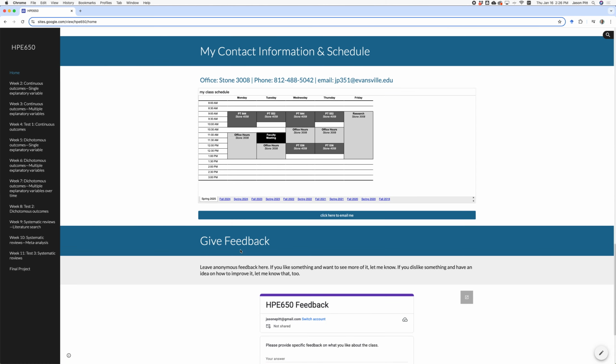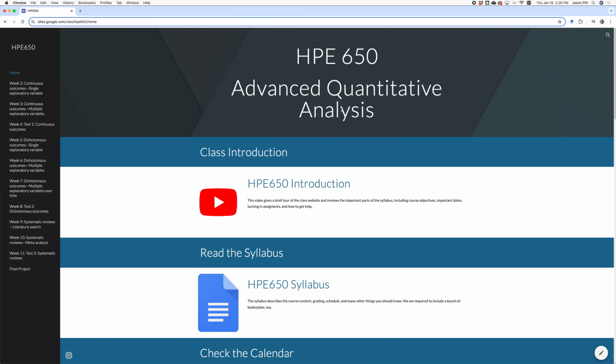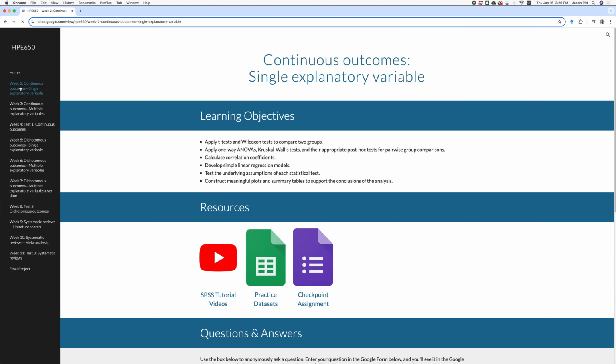Now, unfortunately, this is a class called Advanced Quantitative Analysis, and so really this is a process-oriented class. This is all about learning how to run statistics and interpret the outcomes. We do have a textbook to give you some of the background of it, and that's wonderful stuff. But you'll find as you go through the weeks, for example, that the learning objectives are all about doing things, right? How can we use some kind of a statistical test to get a confidence interval and make sense of that thing, right?